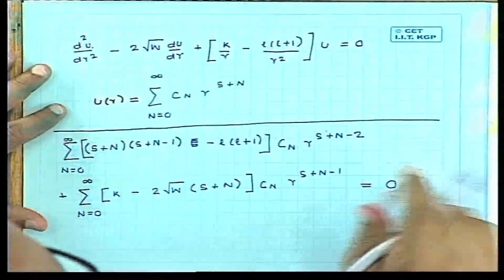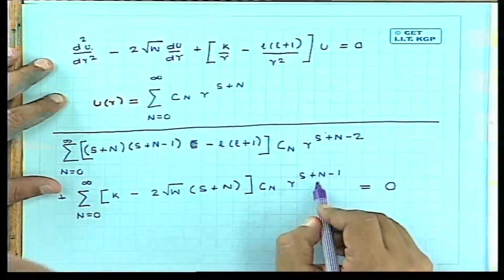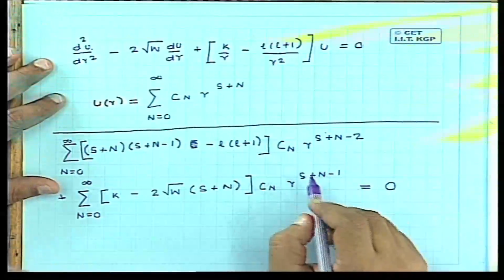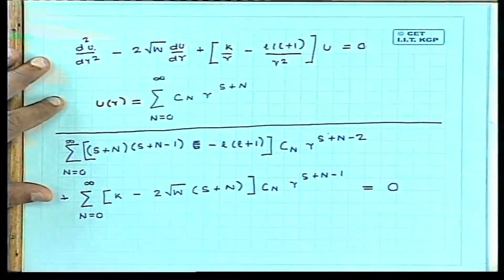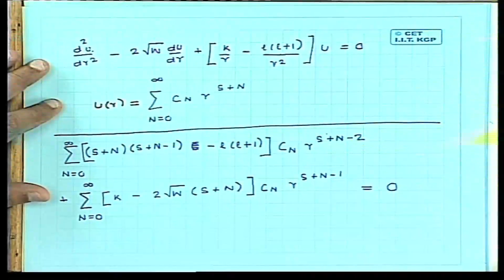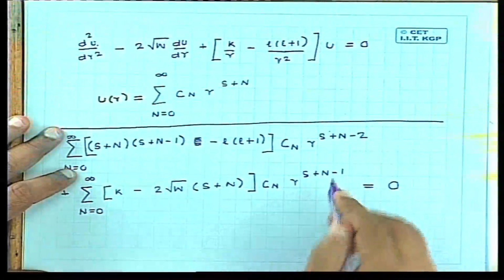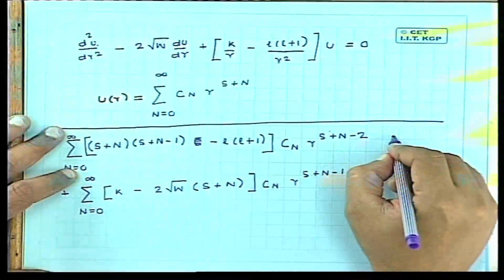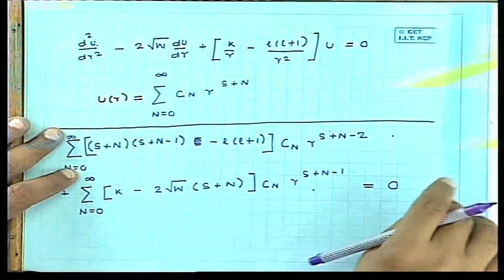So the value of n which appears here has to be 1 more than the value of n here, so that we get the same power of r in both of these terms. So let us do that. Let us equate these coefficients for that. So if this is going to be n, then this will be n minus 1. Okay, so what this gives us is that